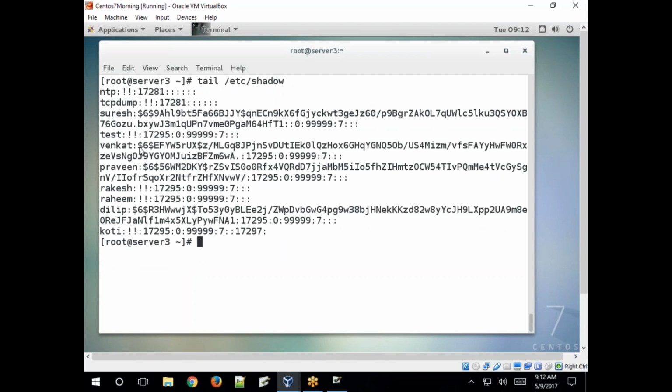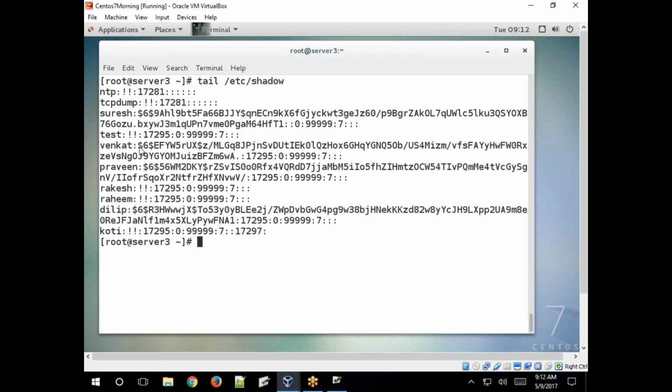Okay, so if you want to lock a user account, just edit this file and add that bang symbol as a preceding character to the encrypted password. You have one more option: go to the configuration file, the shadow file, and just add the bang symbol, or use usermod hyphen capital L, then the username.